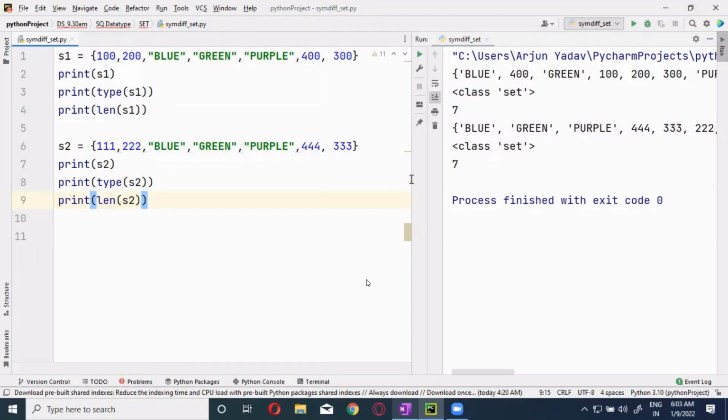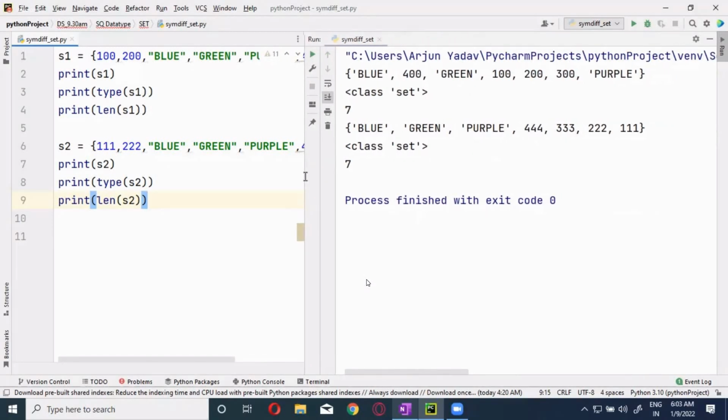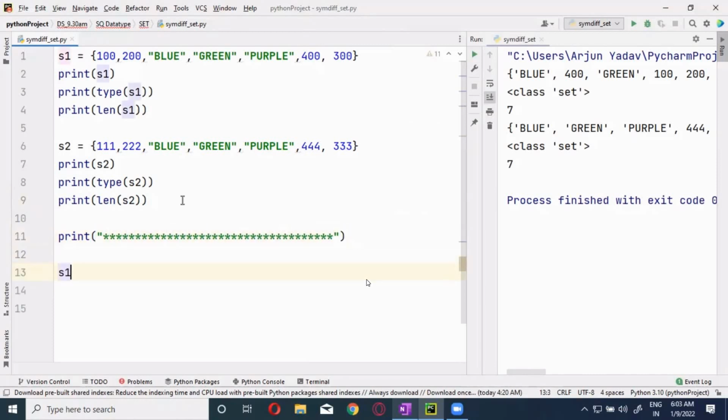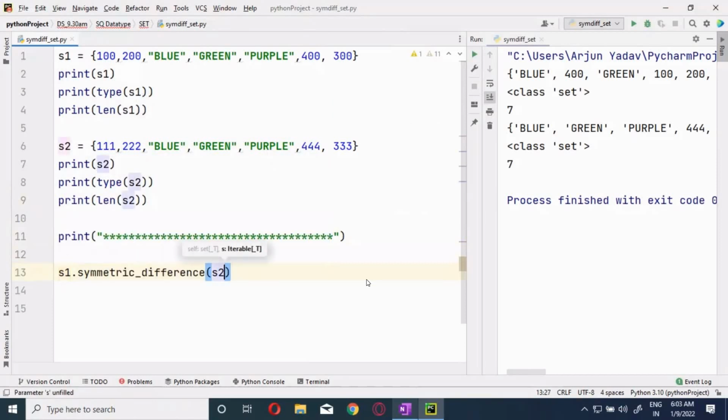Okay, guys. Clear? I printed. Now I want to apply the symmetric difference over here. I will give a separator. S1 dot symmetric difference of S2. Now this will not update any of the sets. Any of the sets will be the same.